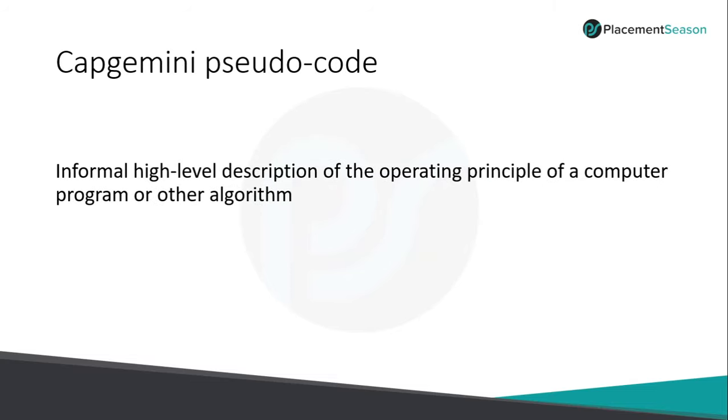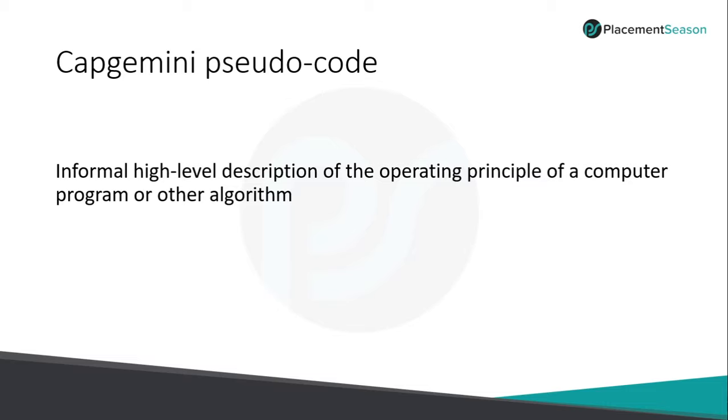Okay, so next we will move on to the company specific types of questions which you can expect in campus interviews. Earlier you were getting only MCQ type questions and then programming questions. But nowadays you get different types of questions. Capgemini is asking pseudocode type questions in their recruitment test. This section was introduced last year, maybe in 2018, to check the students' knowledge in converting a high level description to code.